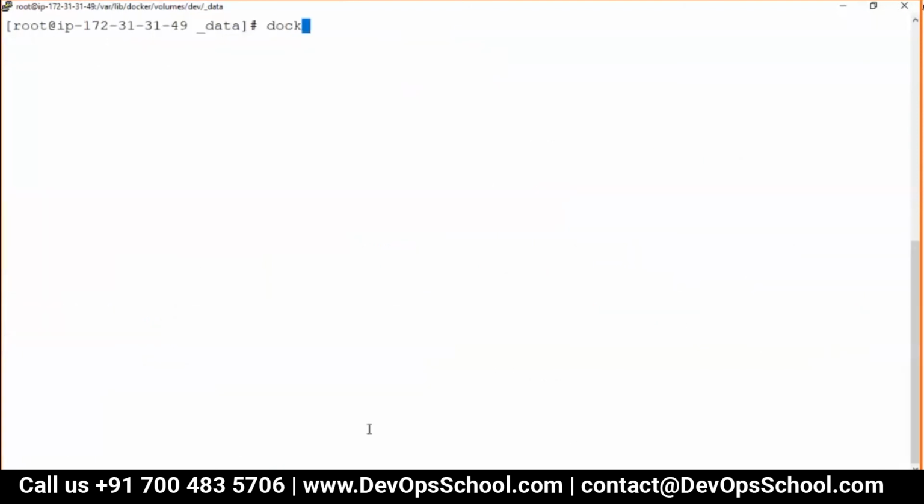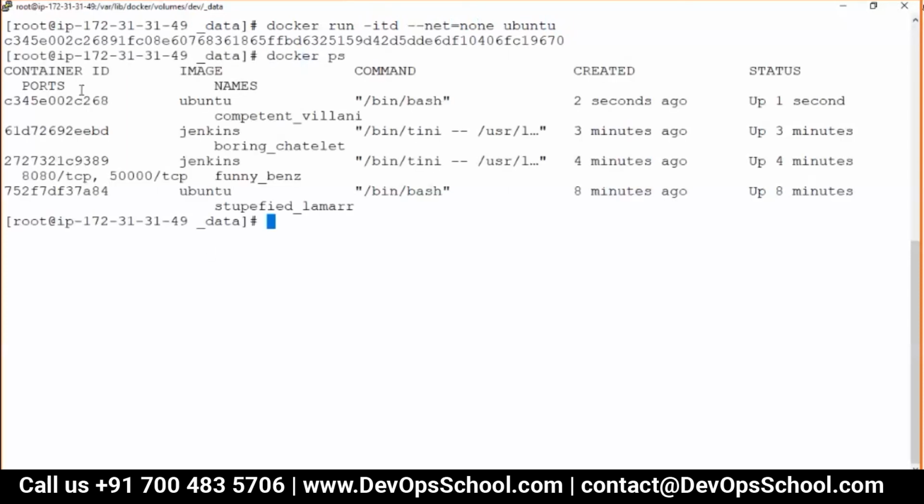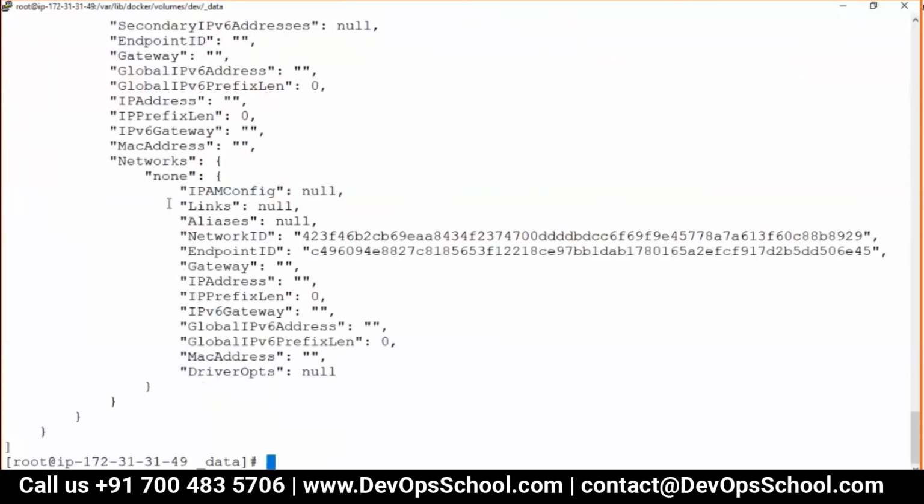So docker run -itd --net=none ubuntu. Here, with docker ps, you can see there's no network. Docker inspect container id, and see here none, no network.